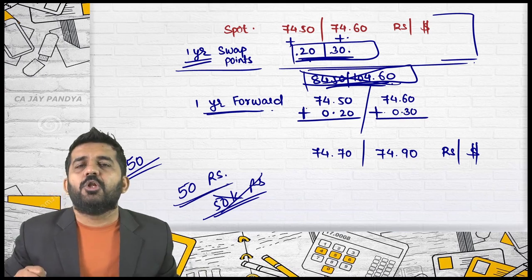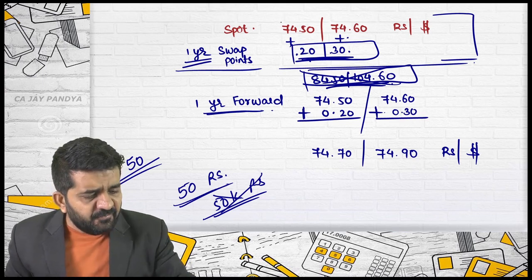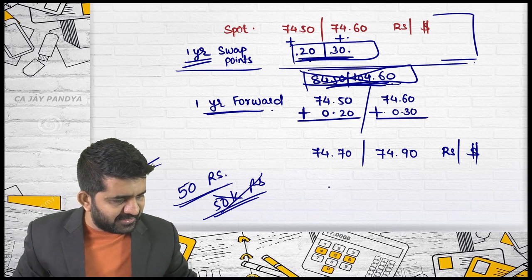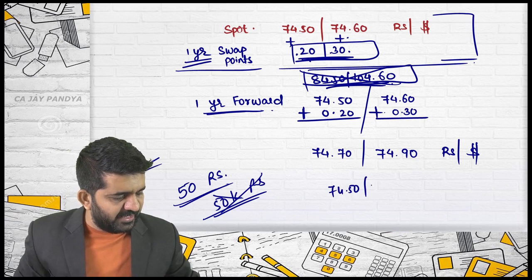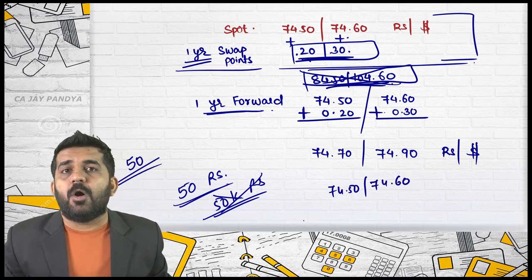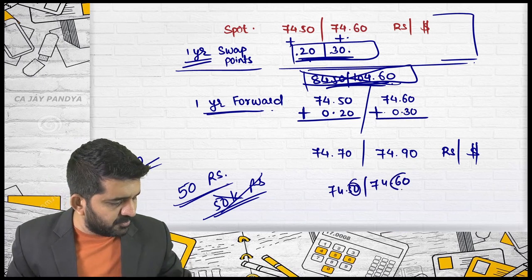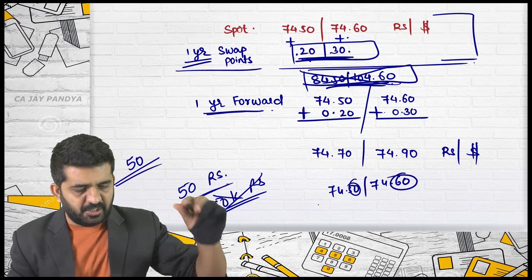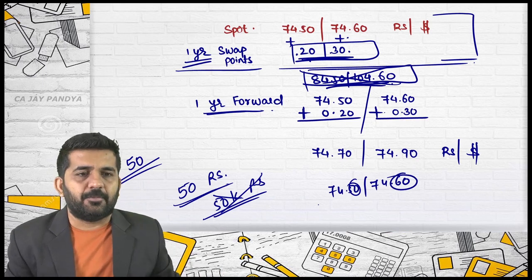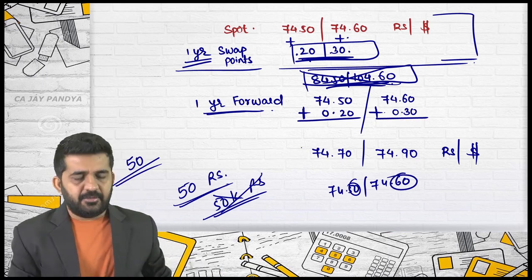So in forex also the same thing happens. If someone gives me this rate, 74.50 and 74.60, and someone says to me that the swap points are 10 and 20, I'll always be adjusting in the last two digits. Is it alright? This is how you should interpret the swap points. Is it alright? I hope swap points is absolutely clear. And I'm moving to the next concept.